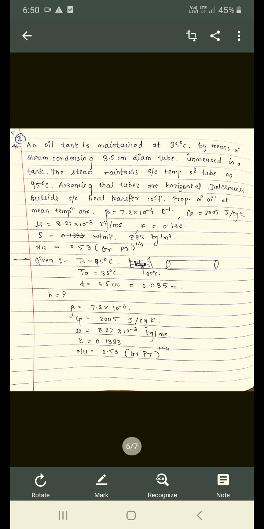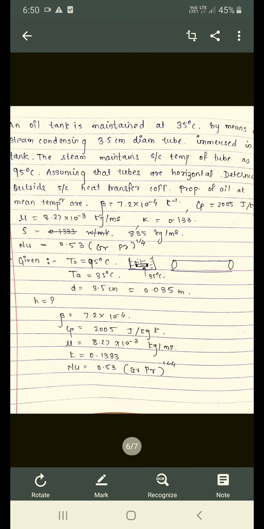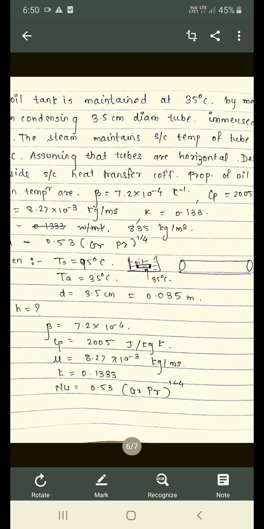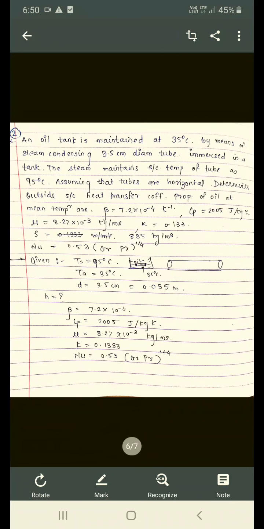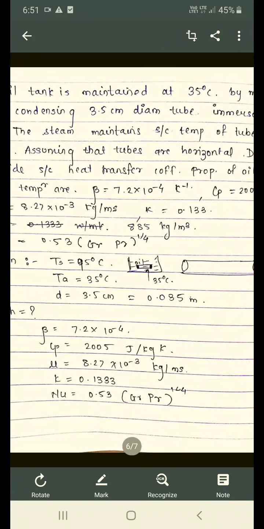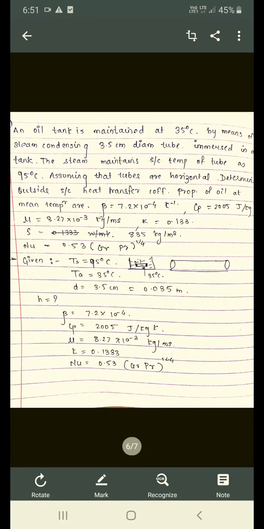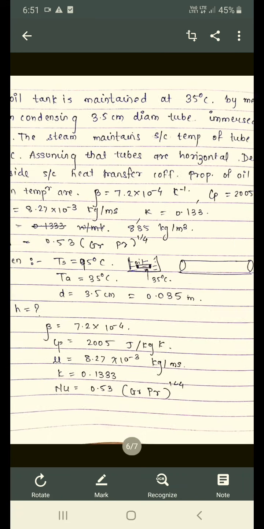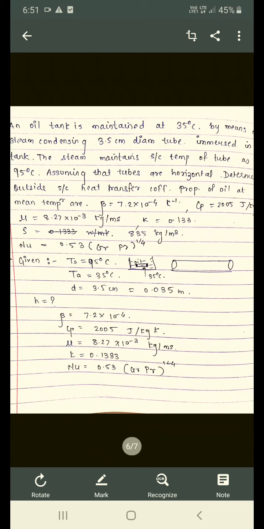For that, properties of the oil at mean temperature are given: Beta 7.2 into 10 raised to minus 4 per Kelvin, Cp 2005 joule per kg Kelvin, mu 8.27 into 10 raised to minus 3 kg per meter second, K is equal to 0.133, Rho is 885 kg per meter cube,